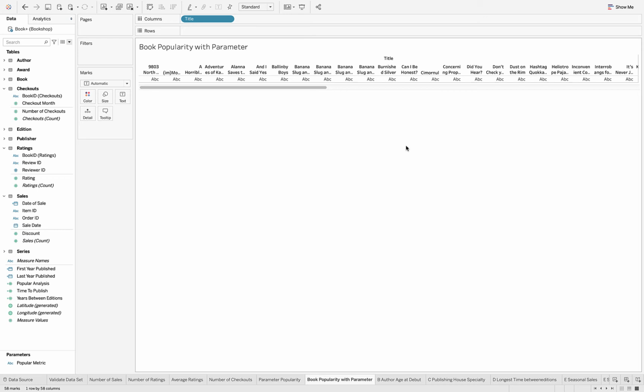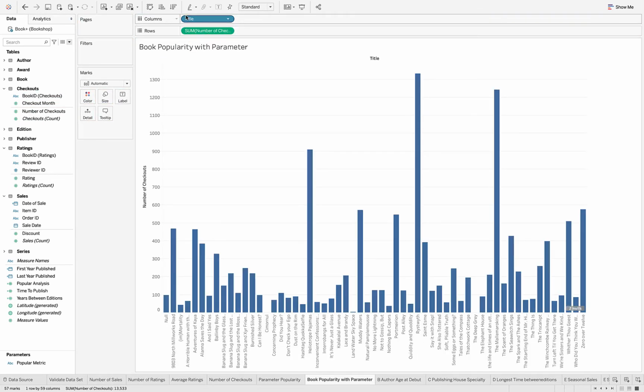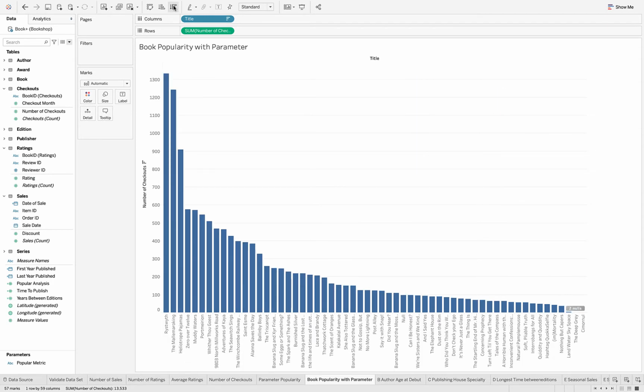Okay, in this video we're going to examine how to use a parameter to control what measure is going to be used in the row shelf. So we're using the bookstore data set, and if we want to examine the popularity of a book, for example, by number of checkouts, I could create a simple bar chart by dragging the number of checkouts to the row shelf and sorting, and we could see that this book, Wrist Width, or however you say that, had the most